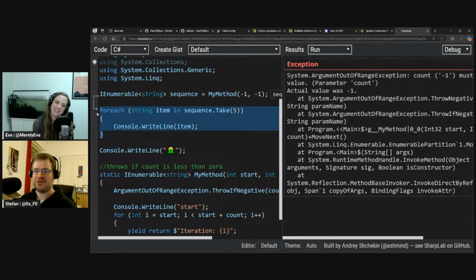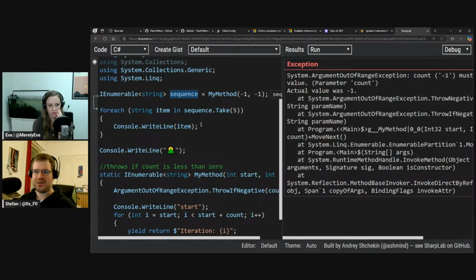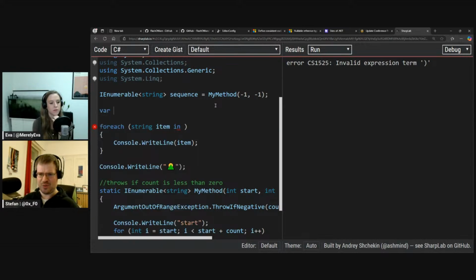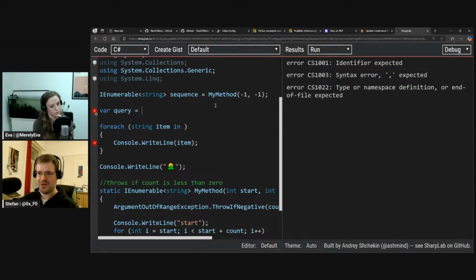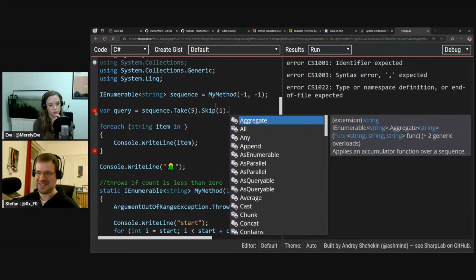But what if we never foreach through this? Or what if we enumerate through this, but rather late? Maybe we store this sequence and then do a lot of linking with it. Maybe we build up a complex query. We take, we skip. I'm just chaining some methods. This may not really make sense. I'm just doing some stuff. Then we